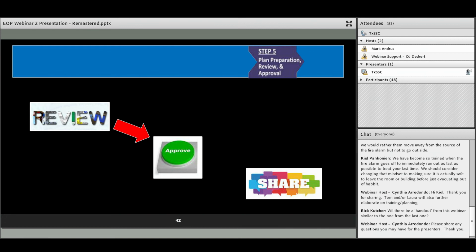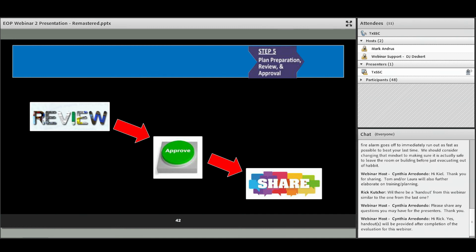Of course, it's submitted to community members and stakeholders as well. And you're going to be ready to share out the plan. It's really important when you get ready to share this document to maintain a record of the people and the organizations that receive a copy of this plan. Committees should also decide which parts should be shared and which parts should not be shared for confidentiality considerations. It's really important. Which parts should we redact and so forth.